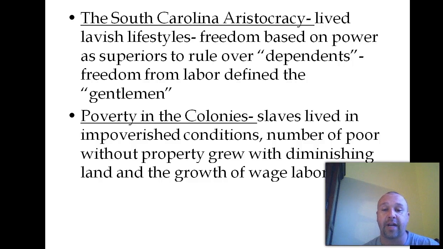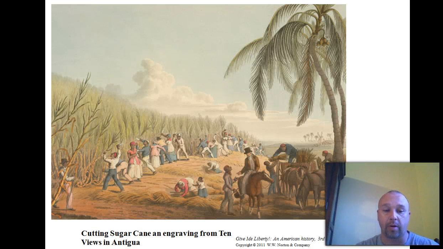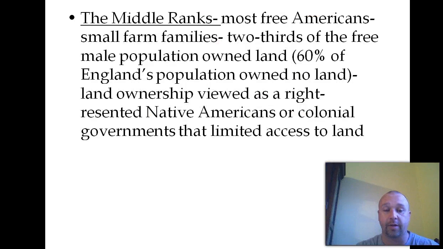A lot of poverty happening in the colonies. The slaves lived in terribly oppressive and impoverished conditions. The number of poor without property continued to grow. There was less land to buy in the future, and we'll see a growth in wage labor. Here we see cutting sugar cane, which is an incredibly horrific job. A high death rate, especially in the Caribbean. But most